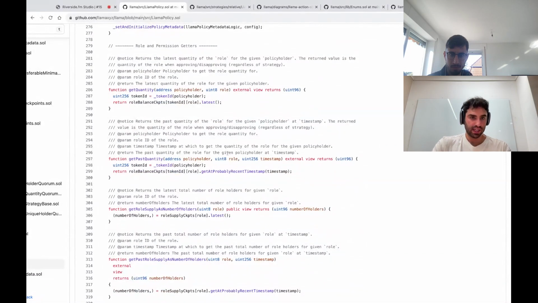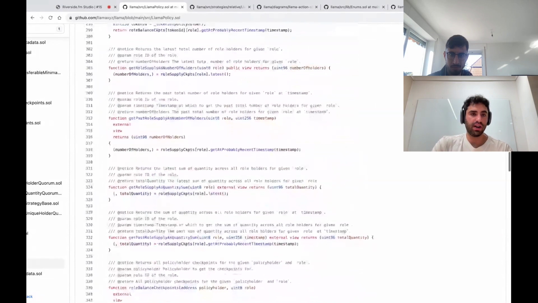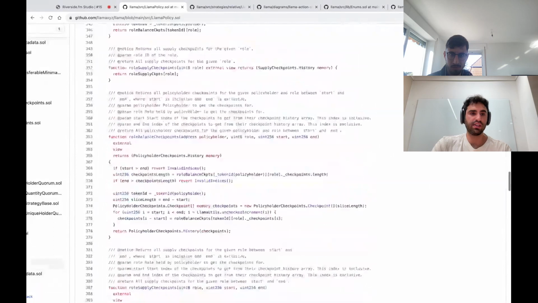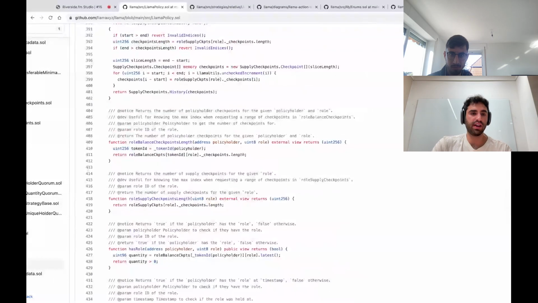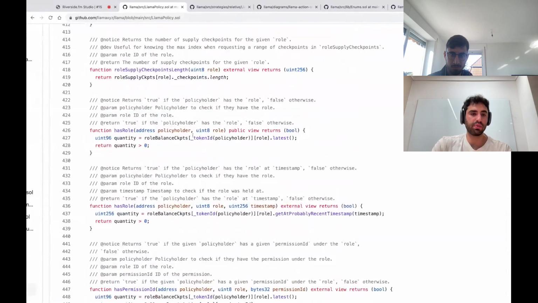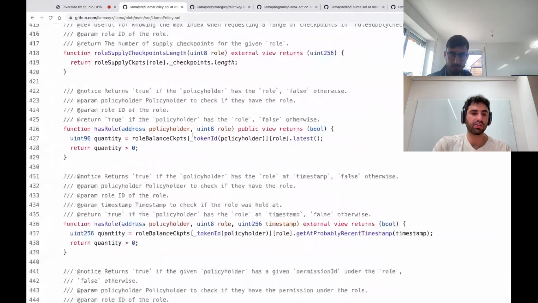A good place to start is to go over, we can start simple and get more complex, what happens when the core is checking, hey, does this policyholder have this role?